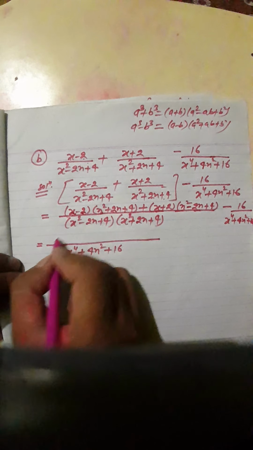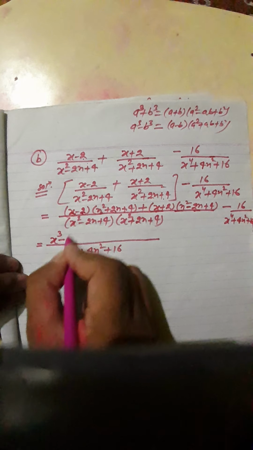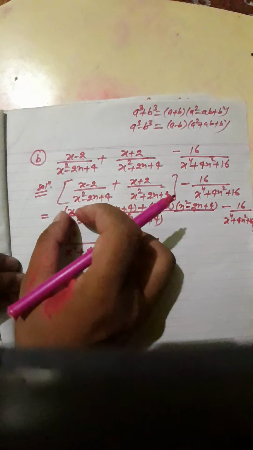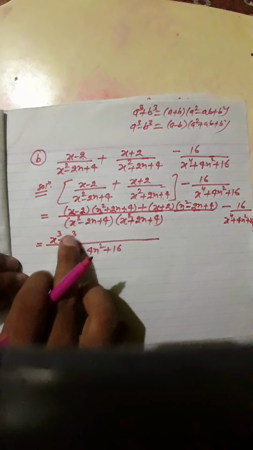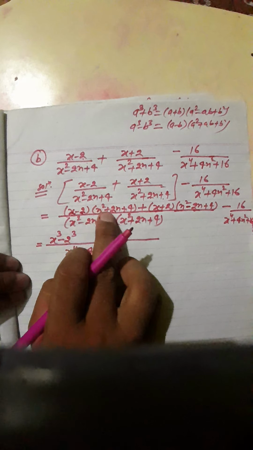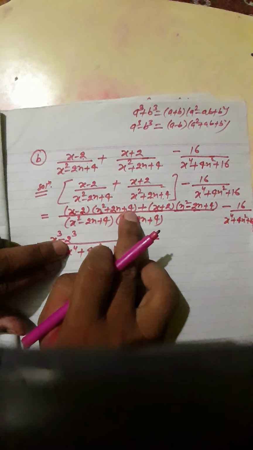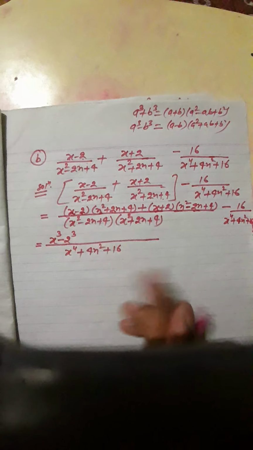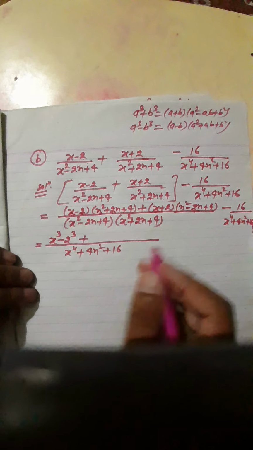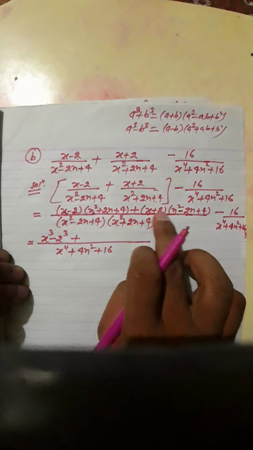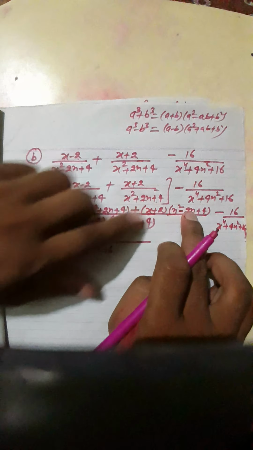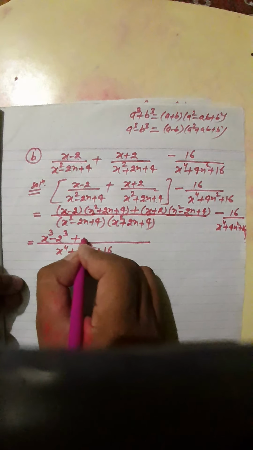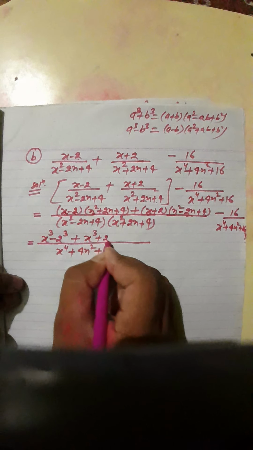We can write a cube minus b cube here. A cube means x cube, minus b cube means 2 cube. When we apply the formula, we get only this much. The a cube minus b cube formula is a minus b, a square plus ab, meaning x into 2x, plus b square, meaning 2 square is 4. So it is in the formula, so directly we can write it in the form of the a cube minus b cube formula. Plus is there. Here also it is in the formula, a plus b, a square minus ab, meaning here x multiplied by 2x, plus b square, meaning 2 square is 4. So we can write a cube plus b cube, x cube plus 2 cube.